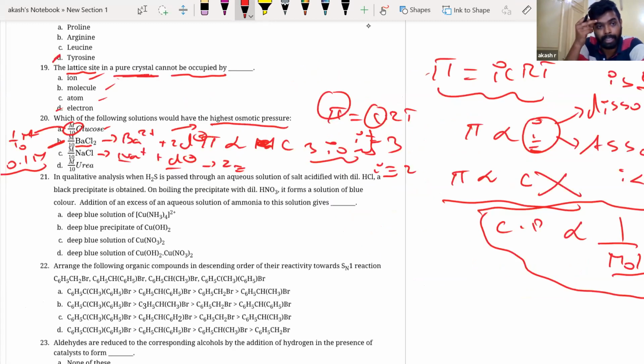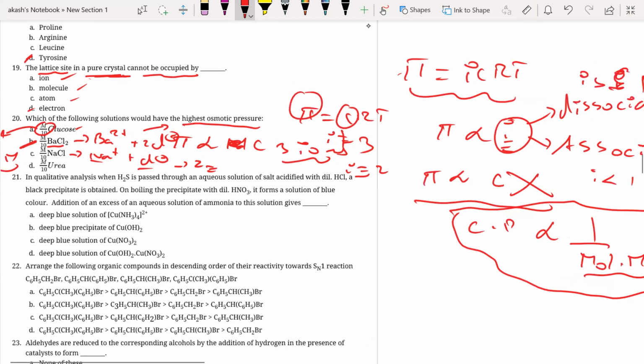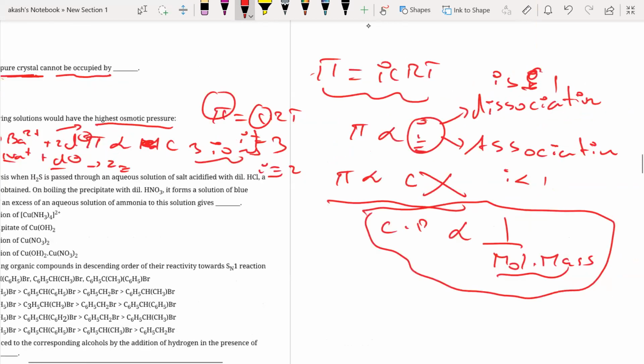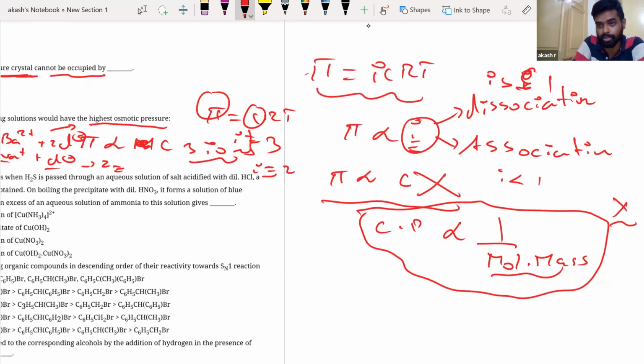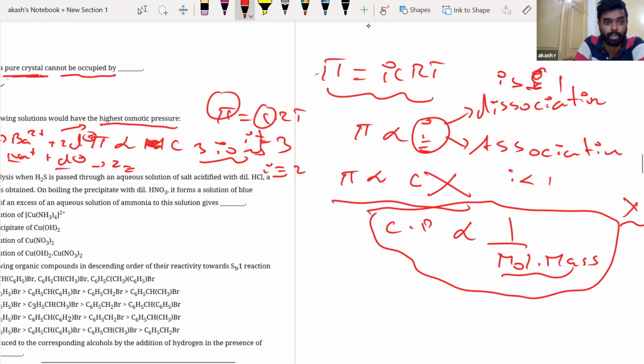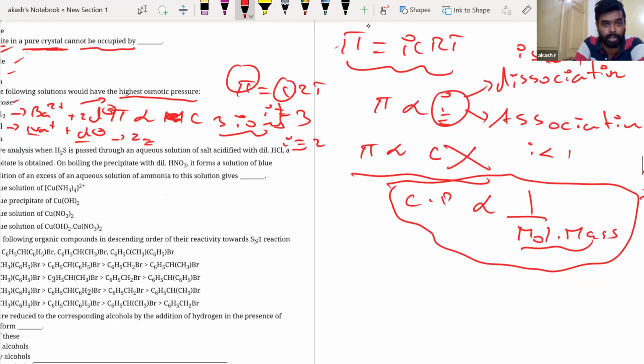I think BaCl2 will definitely have more mass than NaCl. So it would have a lesser osmotic pressure, but no, the answer is BaCl2. So I don't think this will work. Theoretically, yes, from the formulas we can see like that, but no. Then Van 't Hoff factor, if it's not there, then well and good. Anyways, you know how to answer these questions also. I have taught you, but if it's not in the syllabus, you don't have to worry about it. They are not going to ask the question.